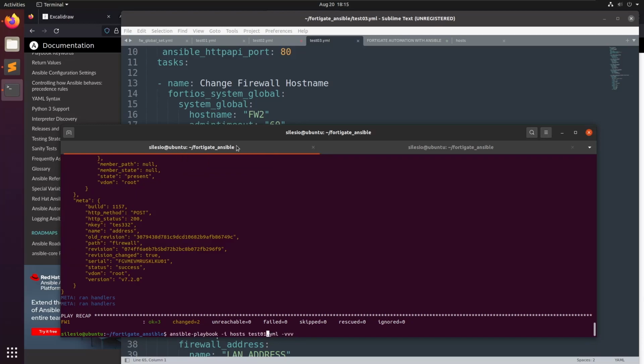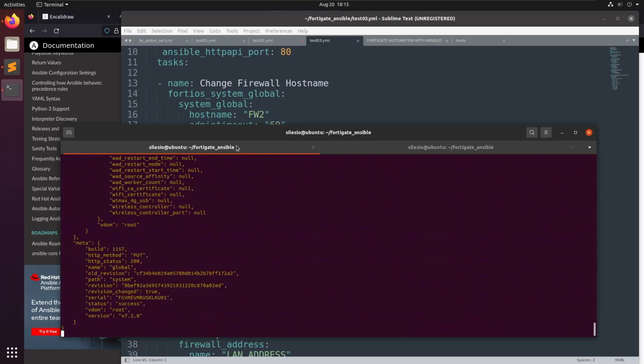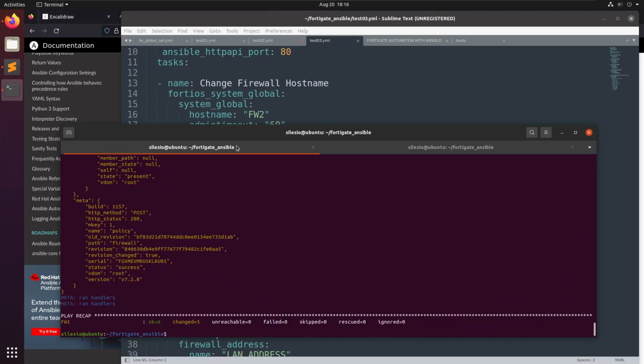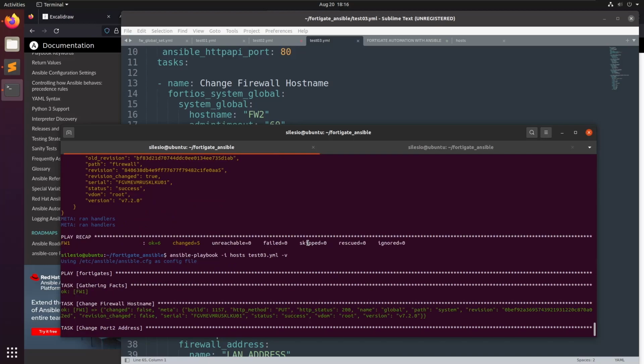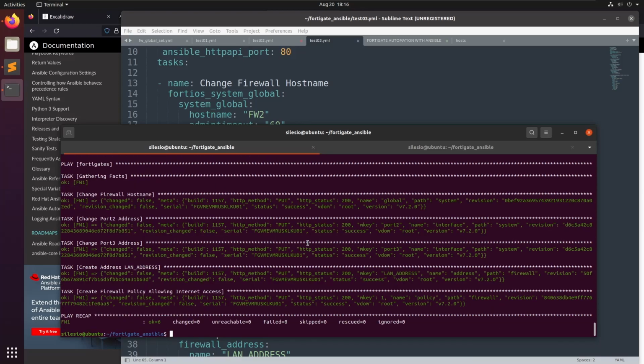So let's call test03. Okay, and hopefully everything should be updated. Okay, and it was. So actually let me remove all this verbosity. Let's run one more time, and now it shouldn't make any change, because again Ansible doesn't update changes if it's not required, and you can see that all the tasks were successfully ignored because they were executed before. So we are able to change the host name, port address, create the LAN address, and